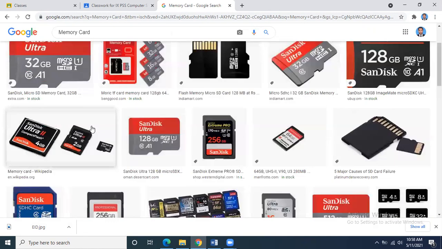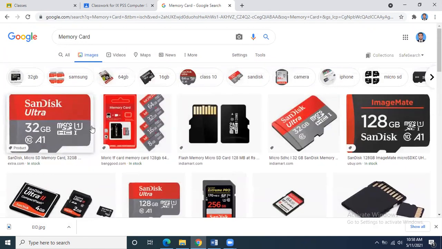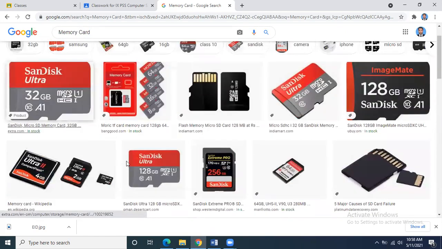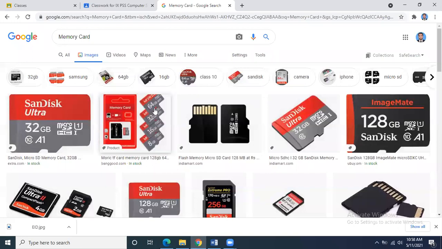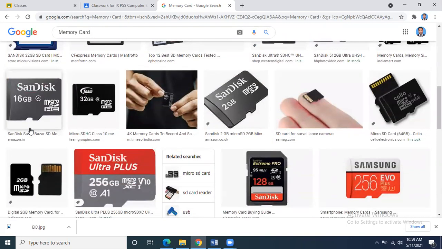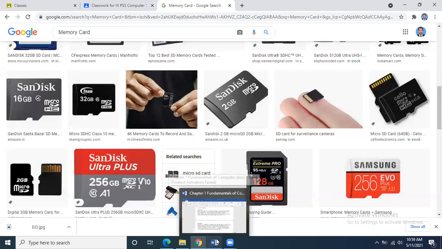These cards are used in cell phones, tablets and even in laptops. You know that there is a card reader attached in the laptop, and even in the desktop, if you have got a separate card reader, you can use the cards in the desktop as well. When you insert the card, it appears as a separate drive, just like you insert one USB in your system. These cards are available in different sizes and different capacities, means 4 GB, 8 GB, 16 GB, 32, 64, 128, 256 GB cards are available that you can use for the sake of storage.